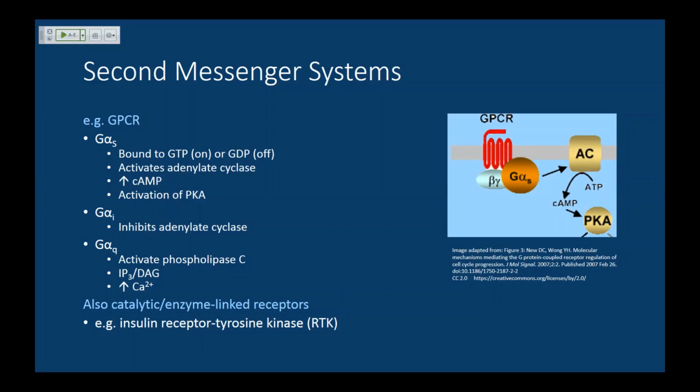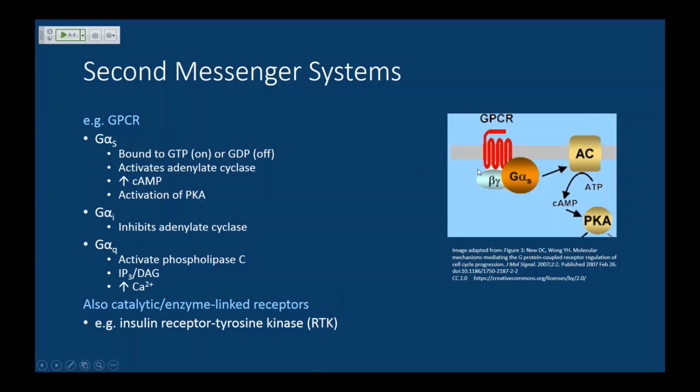Okay, here is an example of a second messenger system. The GPCR is testable material, so at some point you should learn it in a little greater depth. But for us, it's just serving as an example of how the signal gets amplified. So if you were to be asked about one, you'd probably be asked about the stimulatory G protein, G-alpha S. So let's run through that pathway real quick.